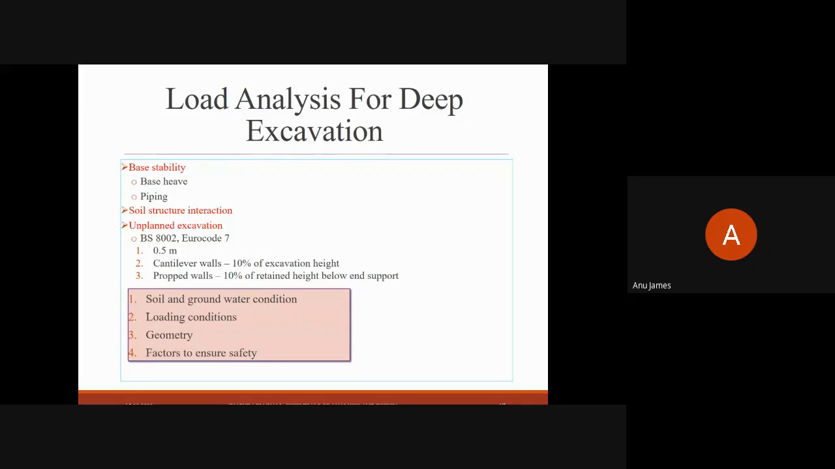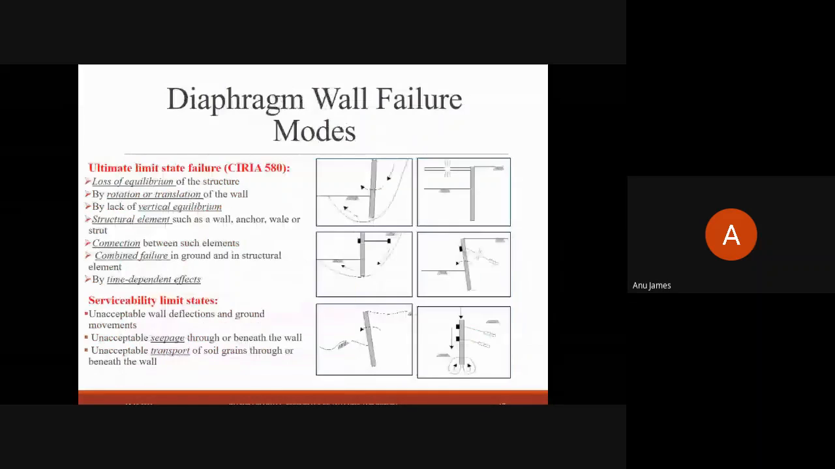And also different limit state conditions and the associated safety factors that have to be applied during the process of analysis. These are some of the failure modes that can occur during a diaphragm wall analysis that we need to consider. First one is a loss of equilibrium of the structure, either by rotation or translation movement of the wall. Then lack of vertical equilibrium,